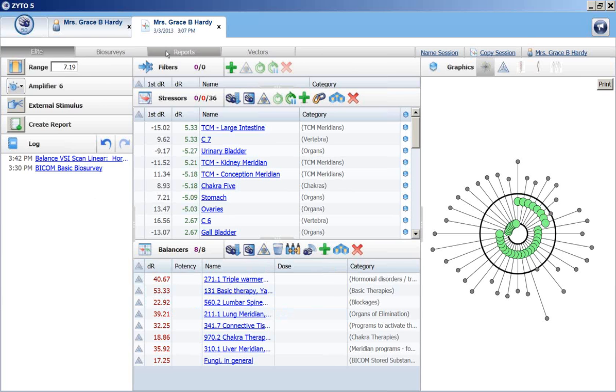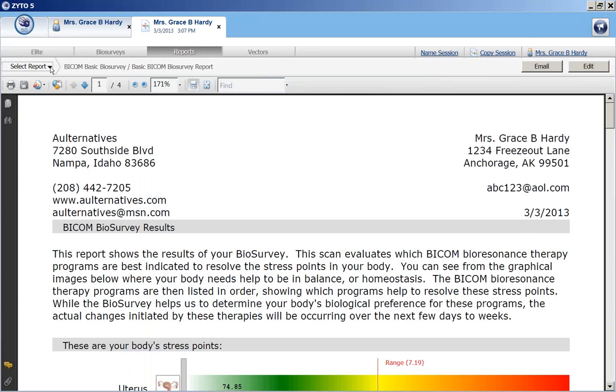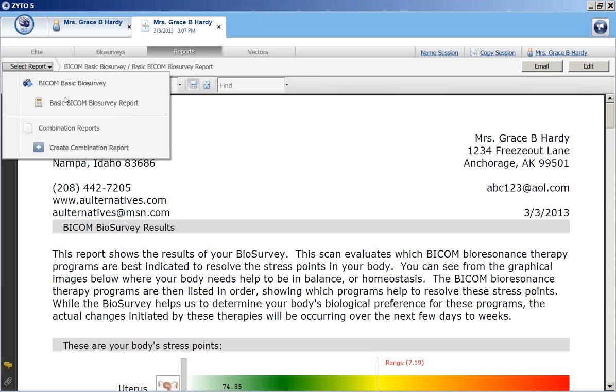When you're looking back at the reports, in some cases you will see more than one report. If you click on Select Report, if there is a report in here that also has what's called a practitioner copy that's been created, you will see it listed here as well. And then you can also combine those two reports if you wish. I created some of these to have a practitioner copy because you don't need all of this paperwork in your files, but it is nice to have the client copy go to the client so that they have the graphical representation and the full color. They can print that out on their printer at home, or they can look at it on their computer screen